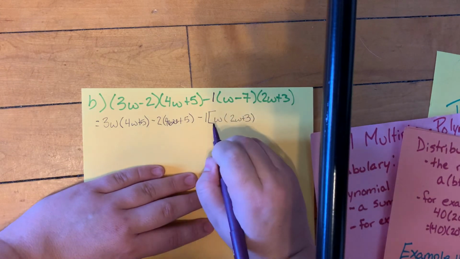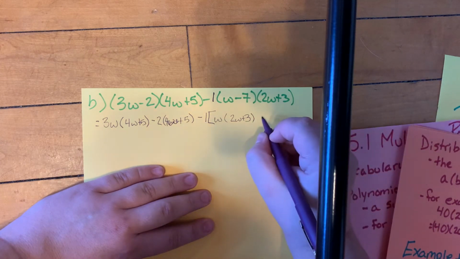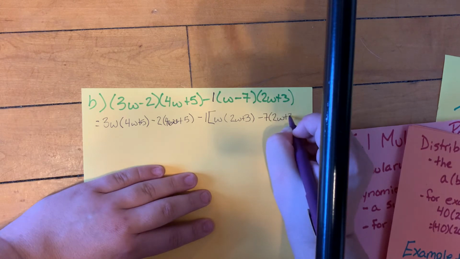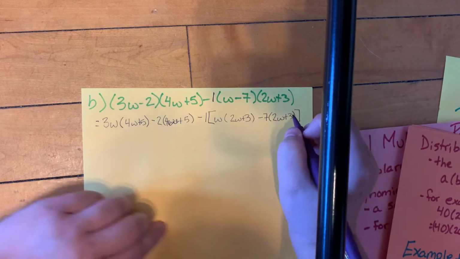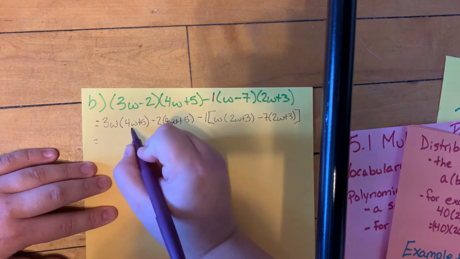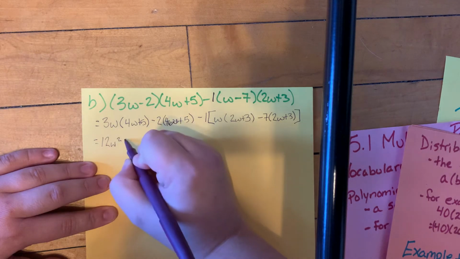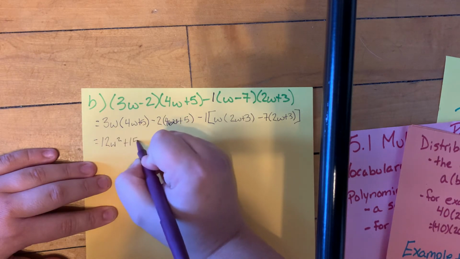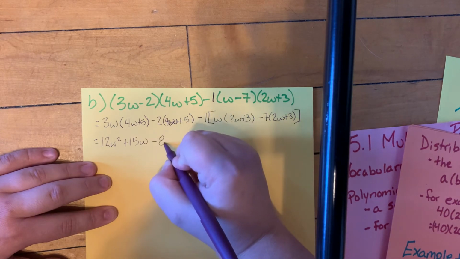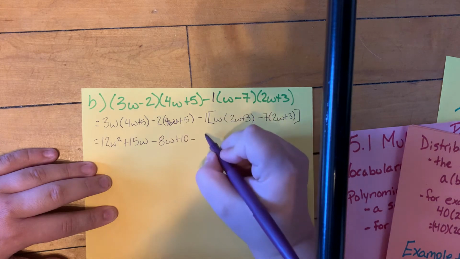Now remember how the last one had the square bracket? That's what we're doing with this one. Last time it was a 3. Take away 7 times 2w plus 3. We're going to go through and distribute over here. So we have 3w times 4w, which is 12w squared, plus 15w, take away 8w plus 10, take away 1